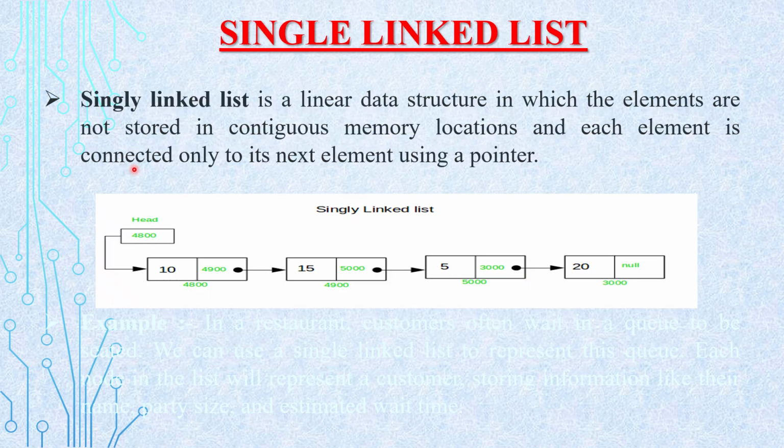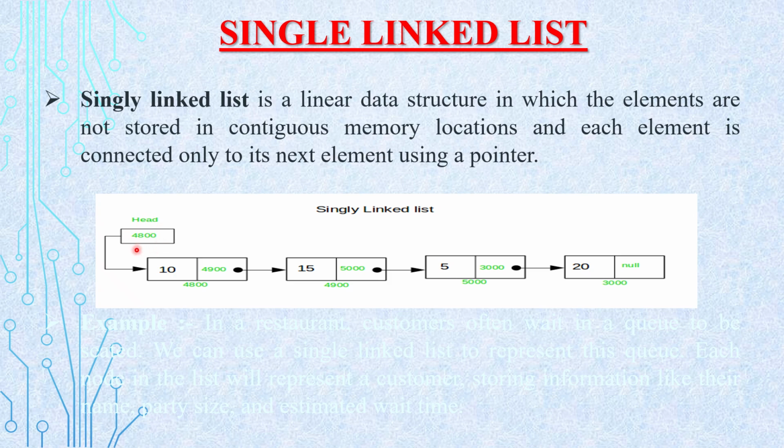Now we discuss single linked list. Single linked list is a linear data structure in which the elements are not stored in continuous memory locations, and each element is connected only to its next element using a pointer. You can see here an example: